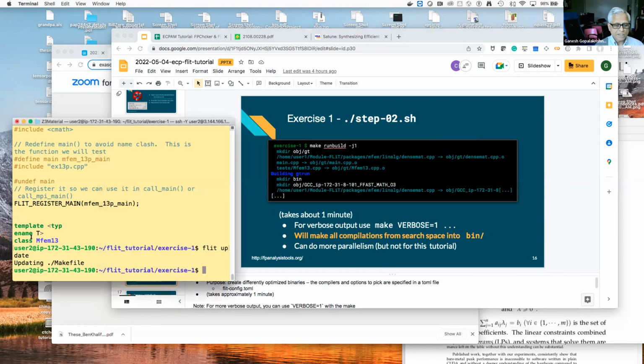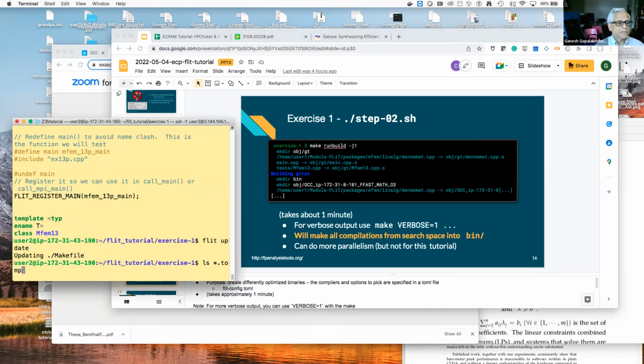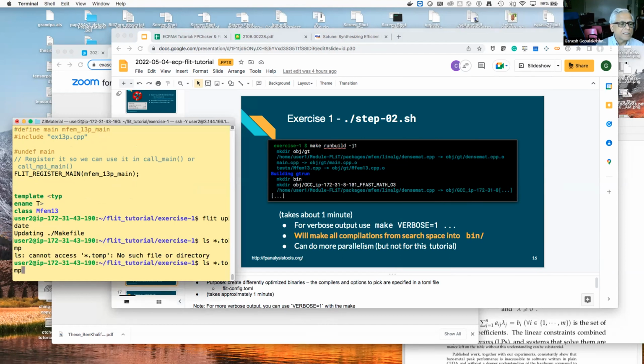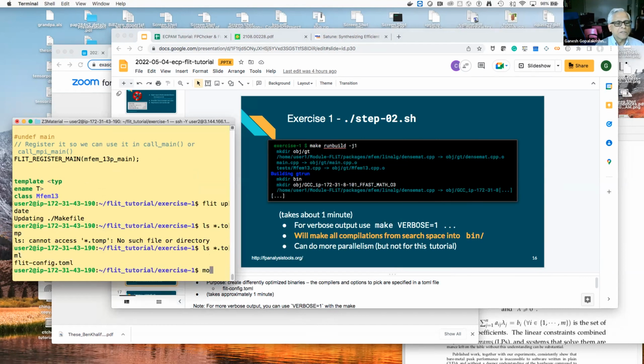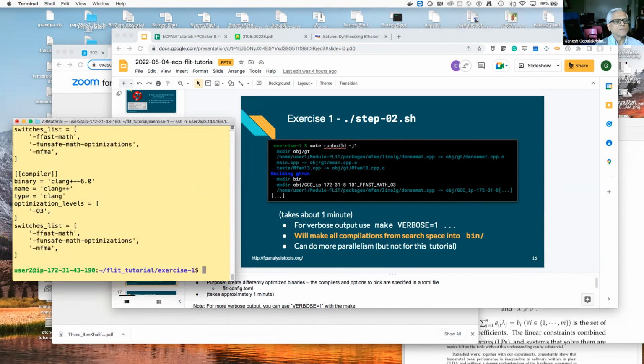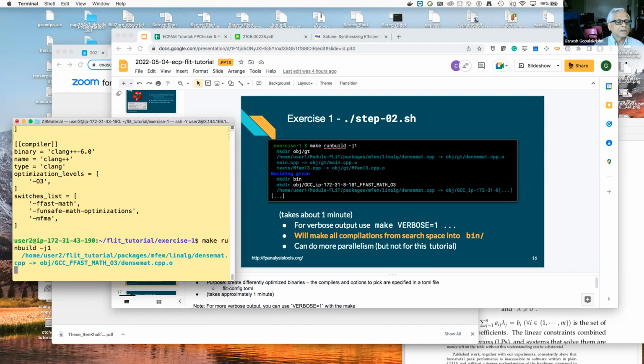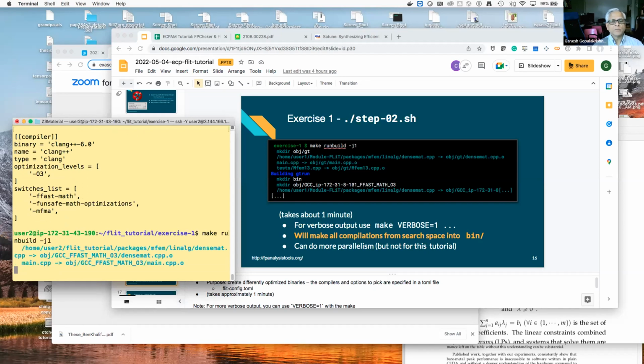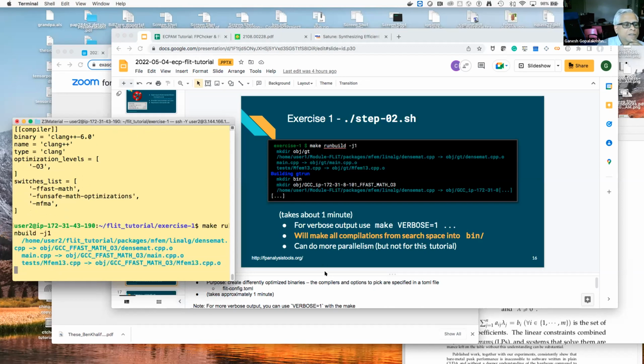So like I said, there is a toml file. So let's look at the toml file. And there is one. The toml file tells you that it is prepared to search over G++ and these flags and clang. Okay, so roughly that is the goal. So make, run, build, will read that. And then it is creating the compilation search space and